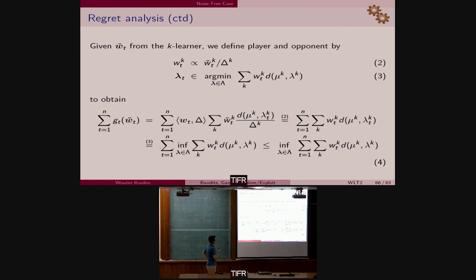Okay. And for the other side, yeah, so the learner itself outputs the W tilde, which was a regret proportion. To map that to a round proportion, you have to divide it by delta and get a W. And then that W is used for tracking, and it's also going into the computation for the other learner. Okay, and then you can bound this thing again by the threshold at which you're